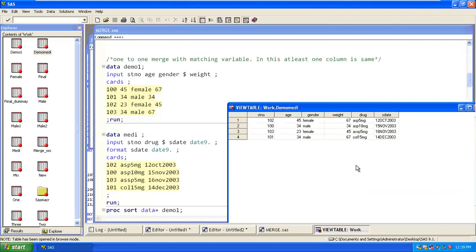The merging which is performed without a BY has so many mistakes, which is a cross join. So ideally we should not avoid using the BY keyword, correct? Getting it? Yeah. Okay.